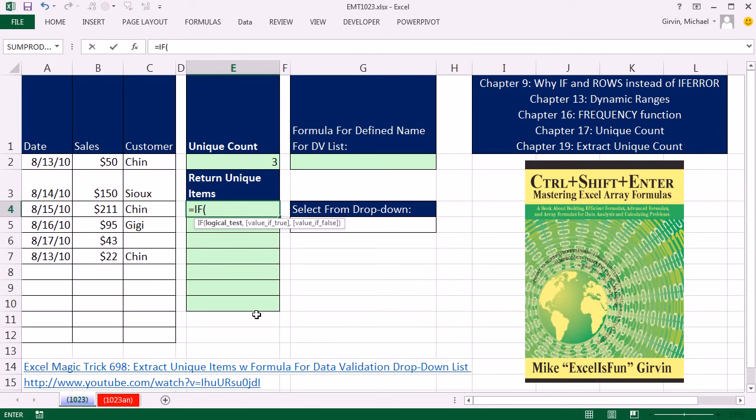When we get down below row 3, we simply use our rows function. And I'm sitting in E4, $4, colon E4. That's a number incrementer, expandable range as we copy its rows. But as we copy this down, the range expands, and we'll get 1, 2, 3, 4 as we copy down. I'm going to say anytime that is greater than our 3, in essence, we already did the heavy lifting up here in this cell, right? This is like a helper cell. We simply, when the rows get bigger than 3, comma, the value of true, I want to show nothing, that null text string. Otherwise, and here's the big